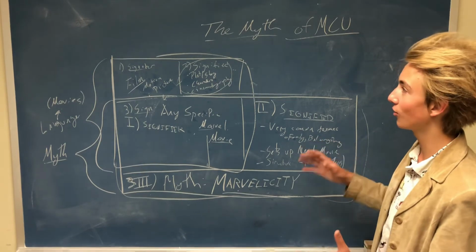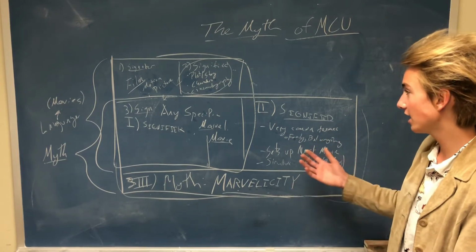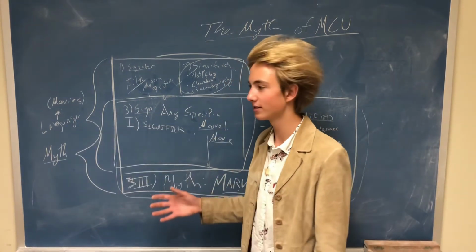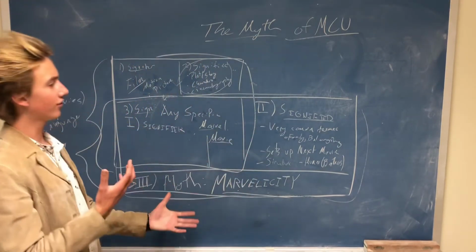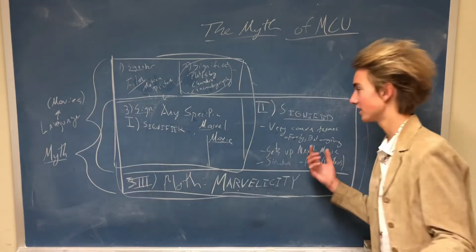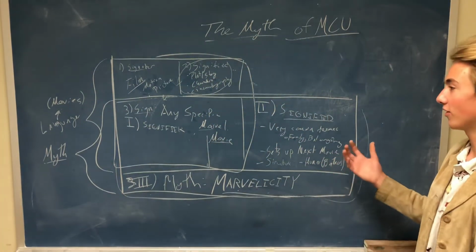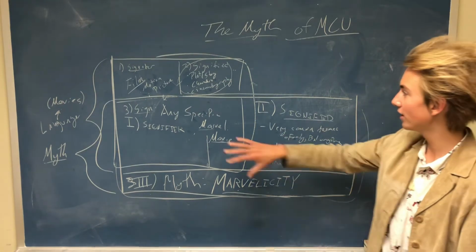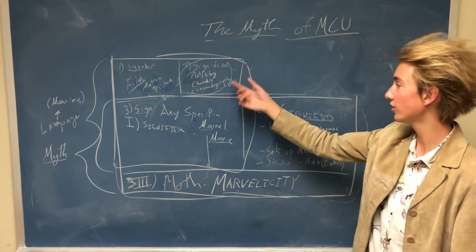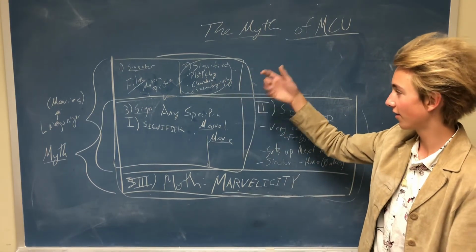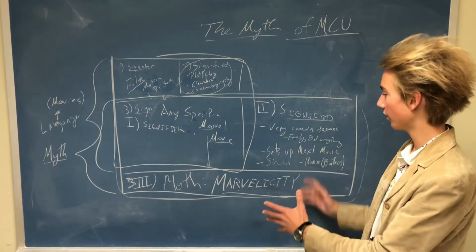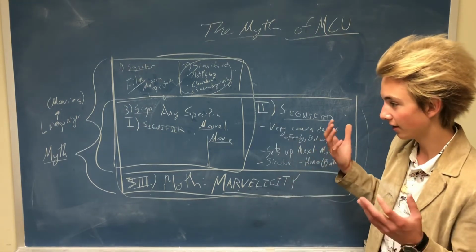So I think that now understanding this diagram and understanding how the MCU acts as a myth, we can rethink the way we view these films, taking them more as movies than as myth. And I think that's very valuable, because when you view these films as just a part of this larger universe, as part of this standardized system, they lose a lot of their value. So by viewing them for their uniquities, for what they have that's unique to them, their special and unique values, and the things that make those movies, not what make those movies part of Marvel,